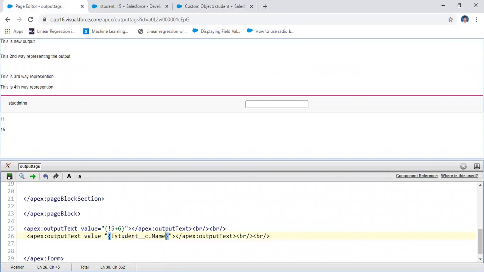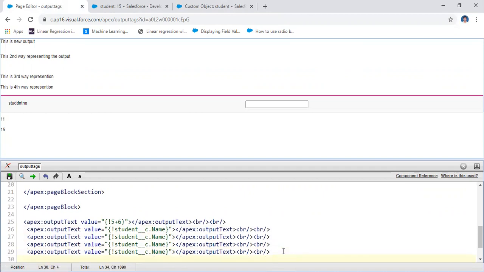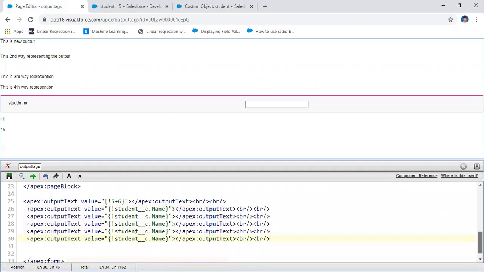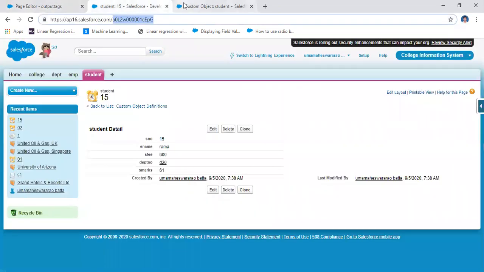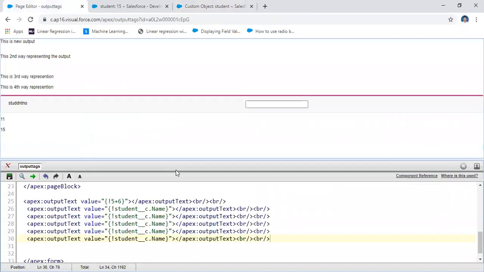Student number 15. I'm going to get the remaining data. Here, copy, so that I eliminate errors every time I save. For example, student number, student name, and then student fees, student marks, and student information. That means I want to display all the information for the student. What is all the information here? The student number, and for example the student department number. I'm going to display the student department number here.